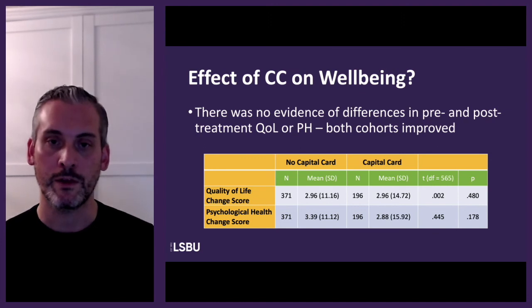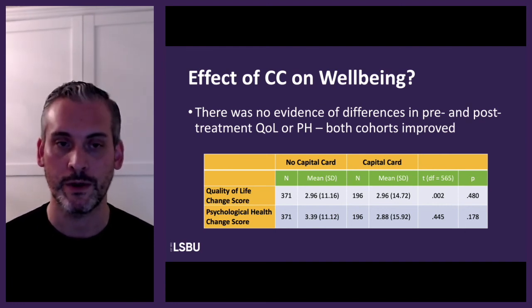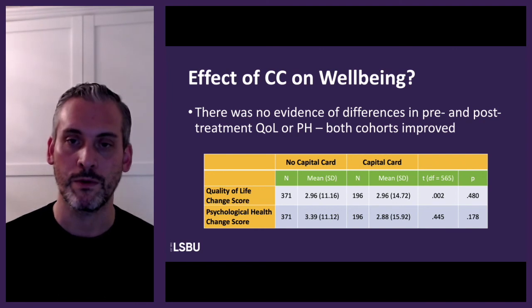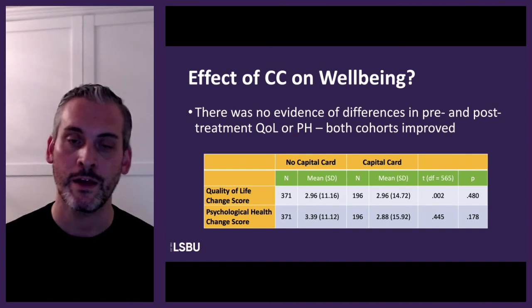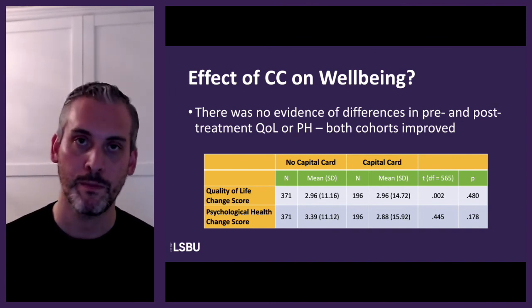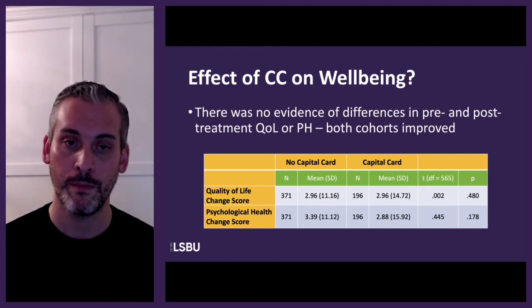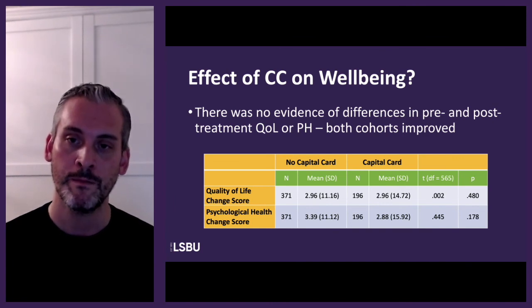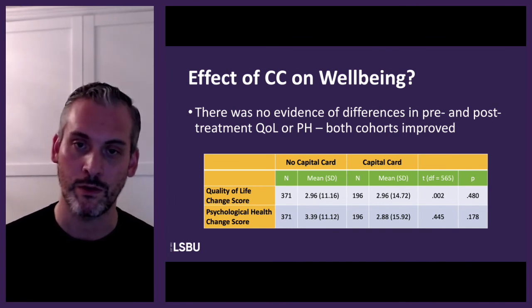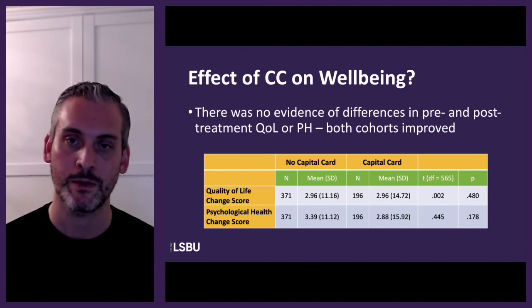We're also interested because, as part of the NDTMS recording, drug treatment services are required to provide quality of life and psychological health change scores, for different groups, both pre and post treatment and at various other points. Interestingly, bearing in mind we were only looking at the treatment exit measures, not several months post treatment completion, what we found is that in both the capital card and no capital card groups, there was a positive improvement in both quality of life and psychological health scores. So both cohorts saw an improvement, but there wasn't any statistically significant difference between those two groups, so you weren't more or less likely to have an improvement in either of those well-being measures if you had a capital card compared to